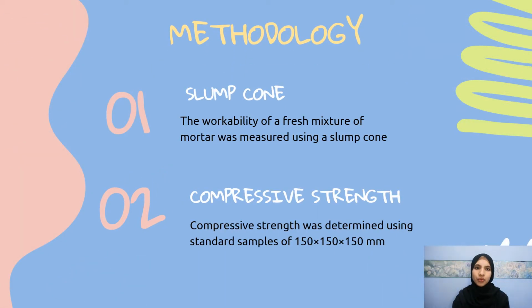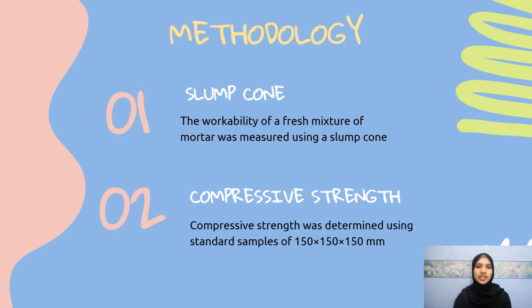The first method that we use is the slump cone. Slump cone is used to determine the workability of the fresh concrete, to ensure the uniformity of a mixture under field conditions. The test is carried out using a metal mold in the shape of a cone that is filled with fresh concrete mixture in three stages of layering. The slump of the concrete is measured as the distance from the top of the cone to the top of the slump.